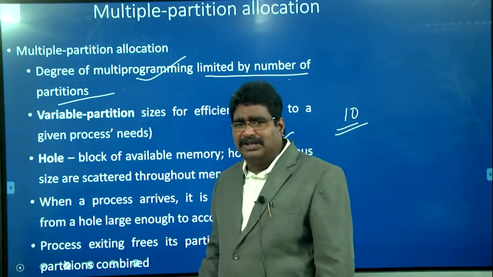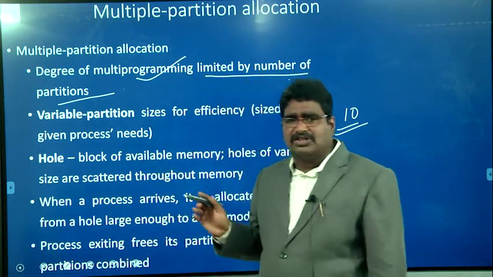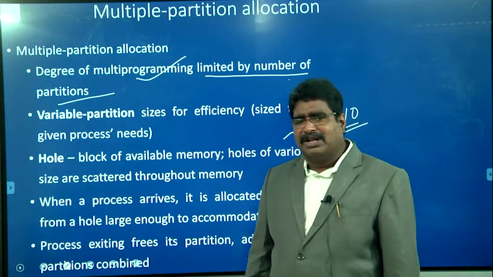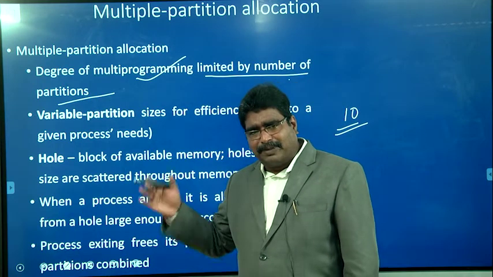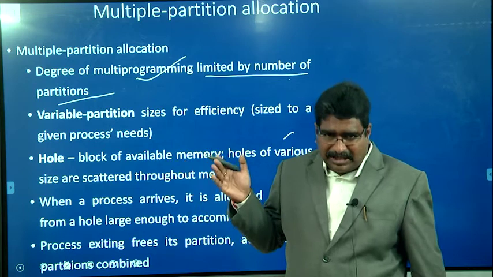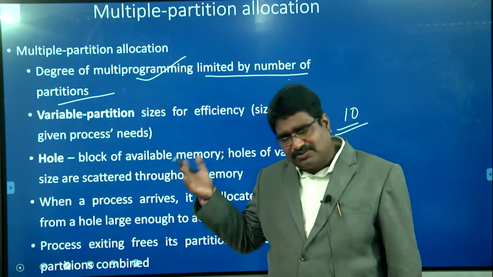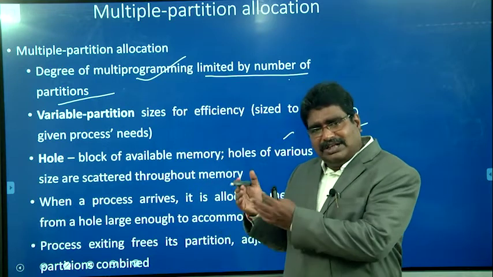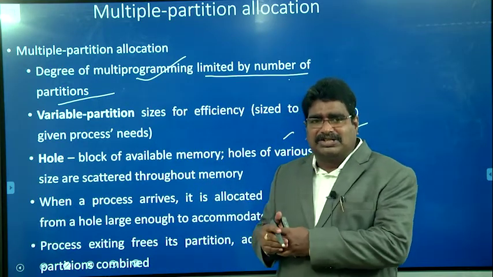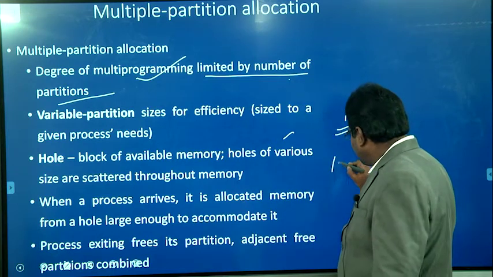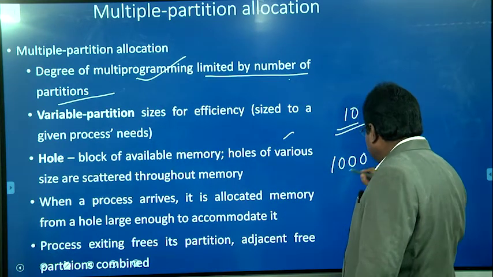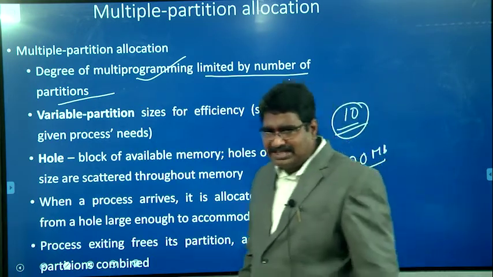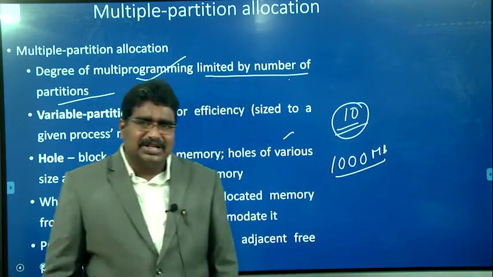And here one more important point is that these partitions can be variable partitions or fixed size partitions. For example, whenever we go for the paging technique, the primary memory is divided into fixed size partitions, called frames. Those will be discussed in the paging technique. But here our concern is the limitation of the fixed size partition. For example, assume our space is 1000 MB, divided into 10 partitions, and each partition size is 100 MB. What is the limitation of that?